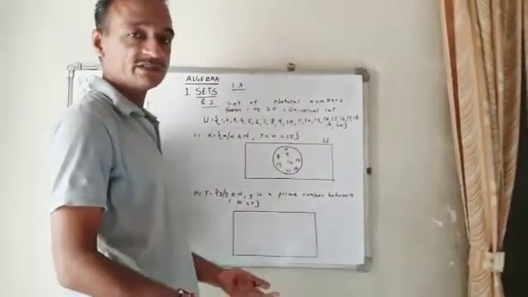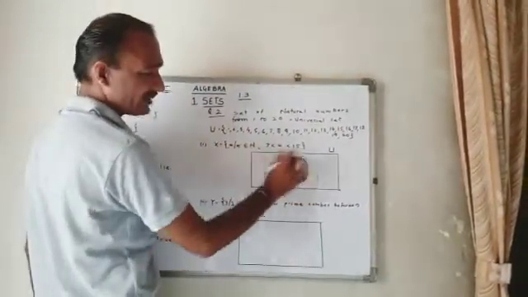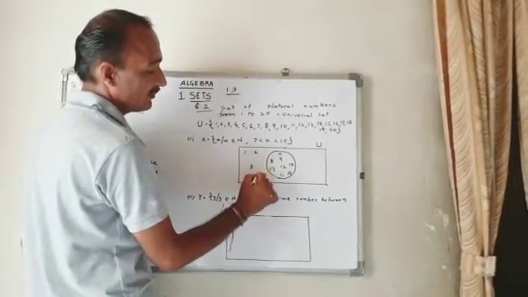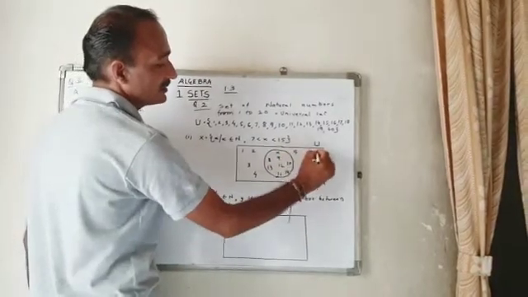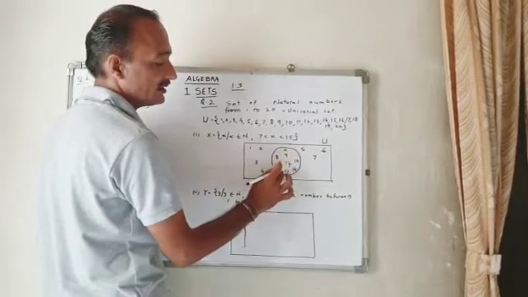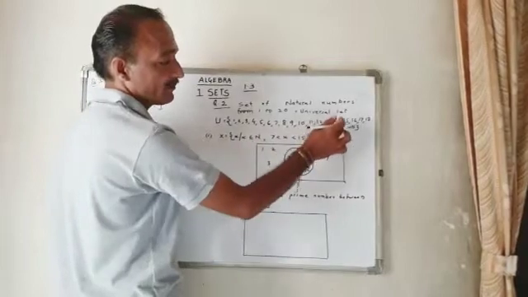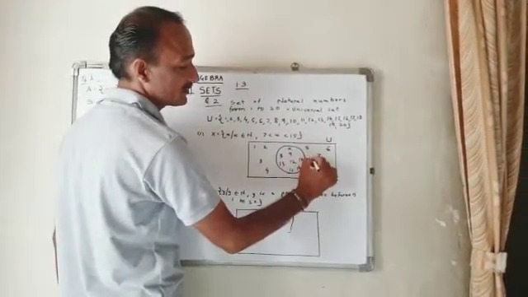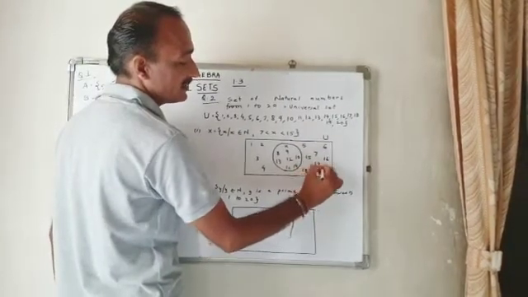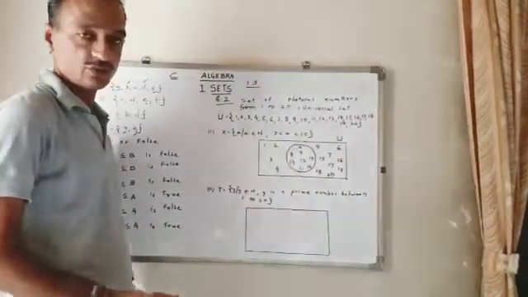Now what about the other numbers? They are not the members of X. So I will write in this free space: 1, 2, 3, 4, 5, 6, 7, 8, 9, 10, 11, 12, 13, 14 are the members of X. Out of, means after 14: 15, 16, 17, 18, 19, 20. You can say these are the complement also.